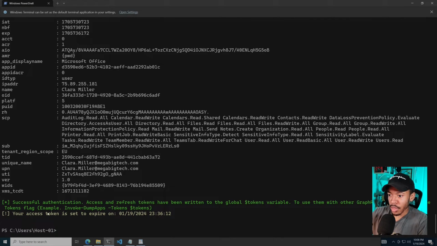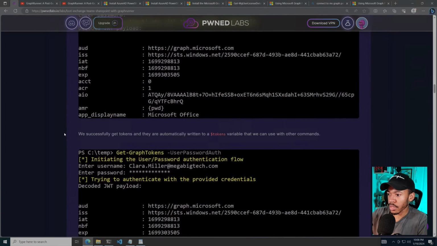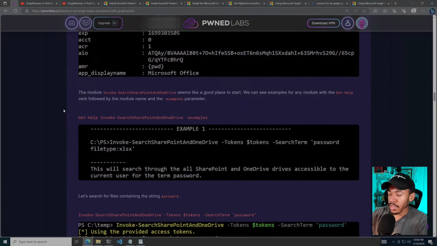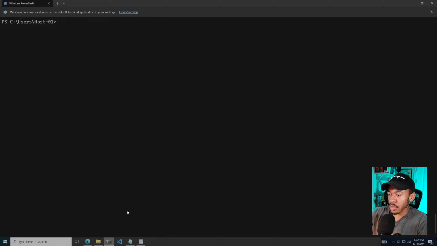So, successful authentication. We can see the access and refresh tokens have been written to a global tokens variable, and to use them it gives an example, and PwnedLabs gives several examples for us, thankfully. So let's go ahead, and we're going to be searching for the term password within SharePoint and OneDrive, and then we're specifying the token environment variable as we talked about just a few seconds ago. So let's copy and paste this into our terminal,